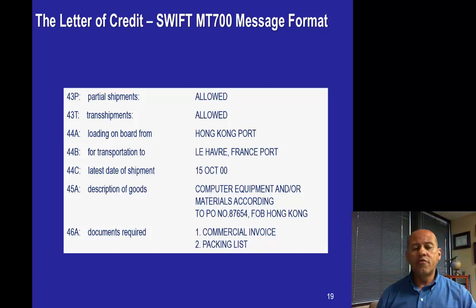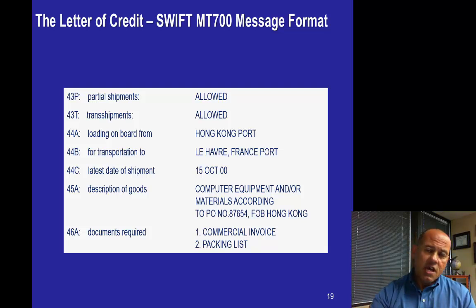So if you allow for transshipments, it gives the seller more options to get the goods to you. Now, you may not want that because you don't want the goods stopping off at intermediate points before they get to their ultimate destination. The loading, where the goods are going to be loaded, where the goods will be transported to,